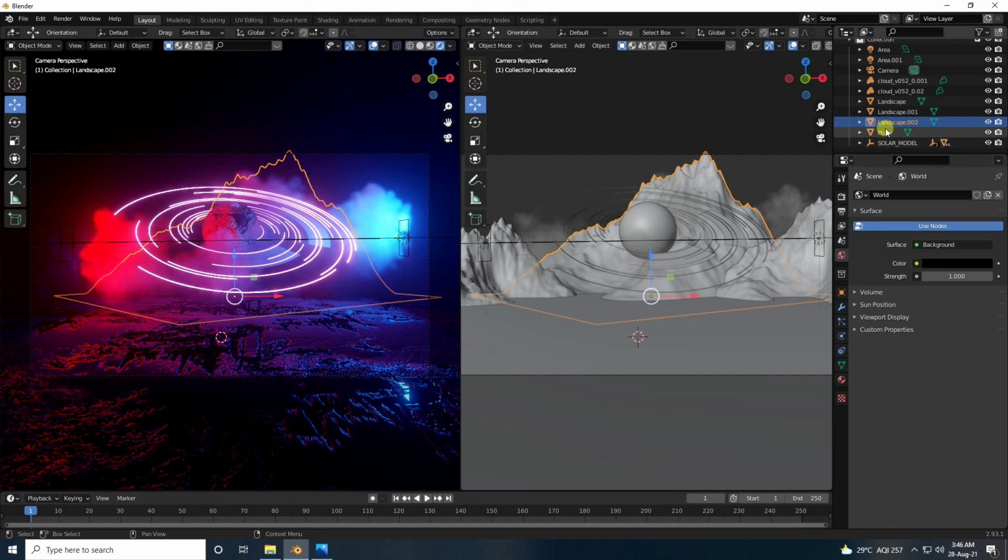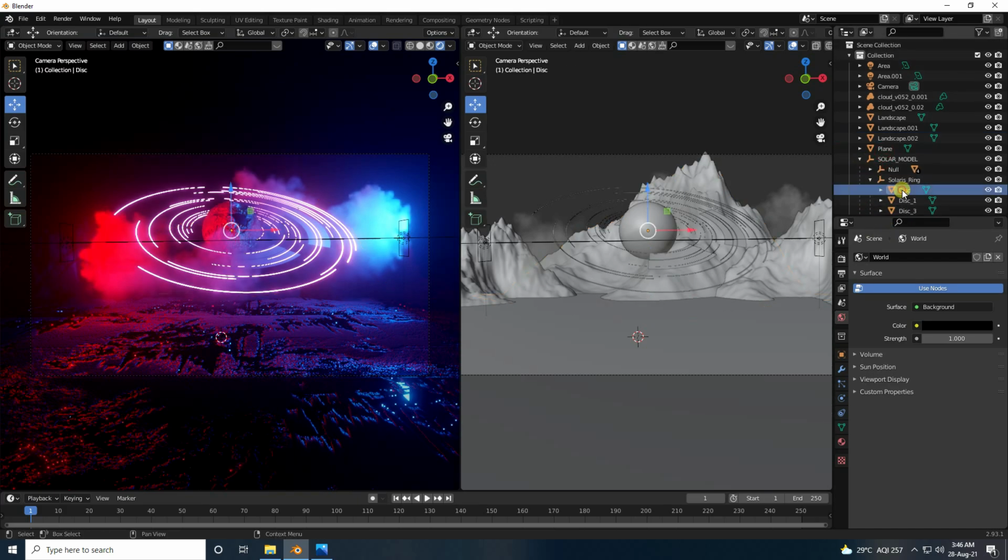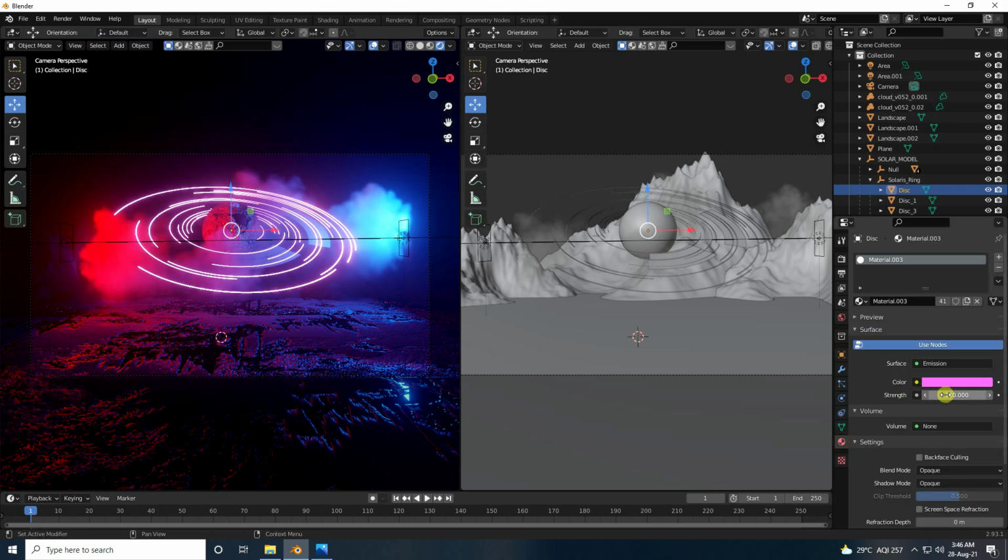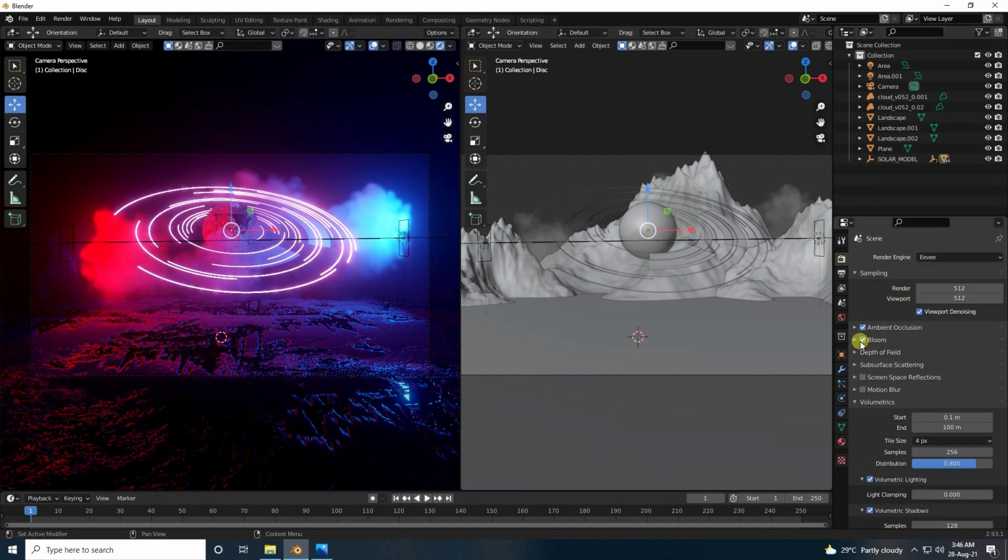So guys, go to solar and disk. Guys, you can increase more glow effect, it is dependent on your work. This one, strength like 150 is also good. Yeah, and guys, go on render setting. Render setting is good. Okay, so guys, that's it. My final effect is finished. This one, it's really good. Go to render and create render image.